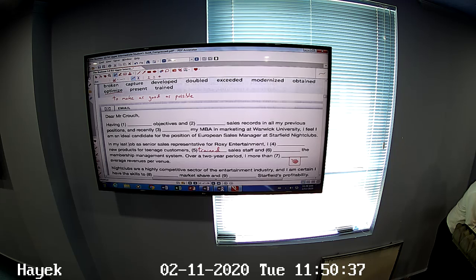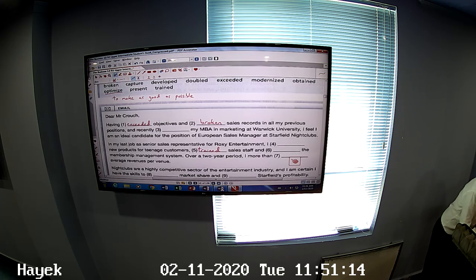If you go beyond your objectives, if you do more than your objectives, exceeded. Having exceeded objectives and sales records broken. You can break a record. If you have more sales than any previous period, you've broken the sales record. Having exceeded objectives and broken sales records in all my previous positions, and recently,